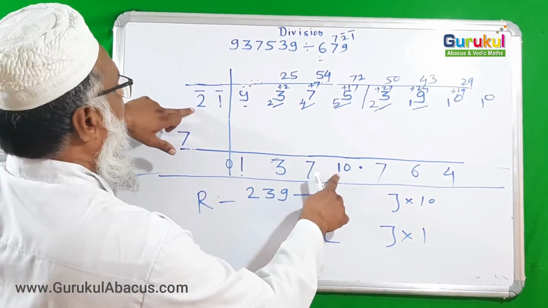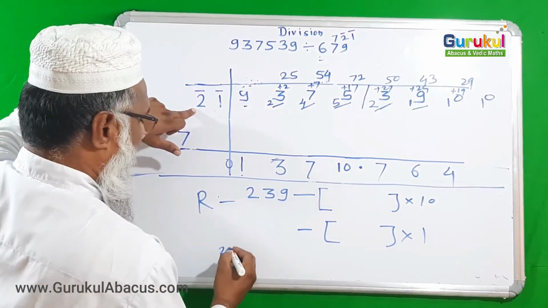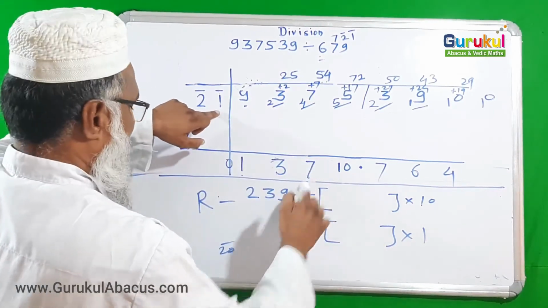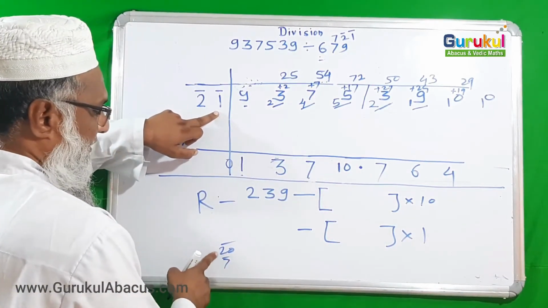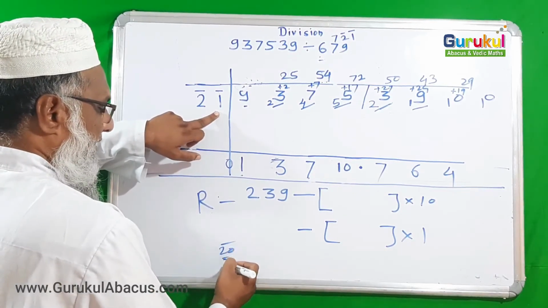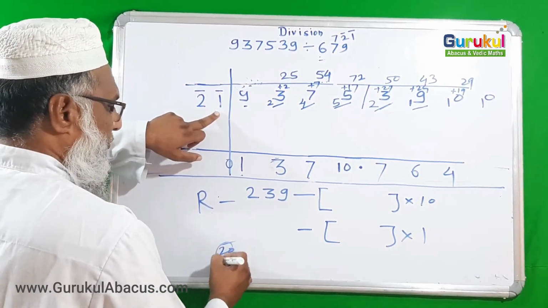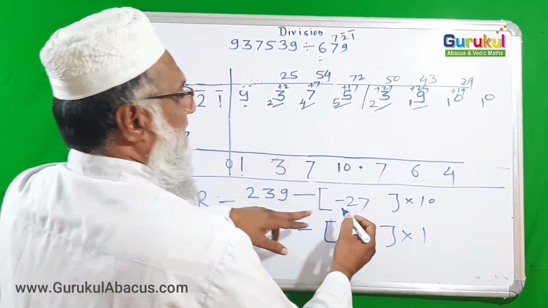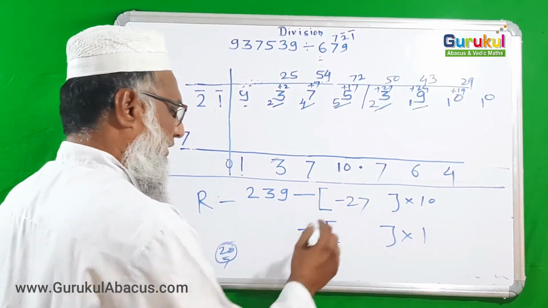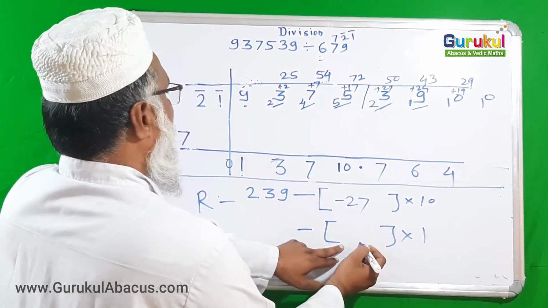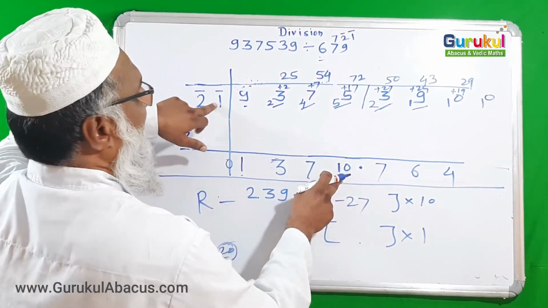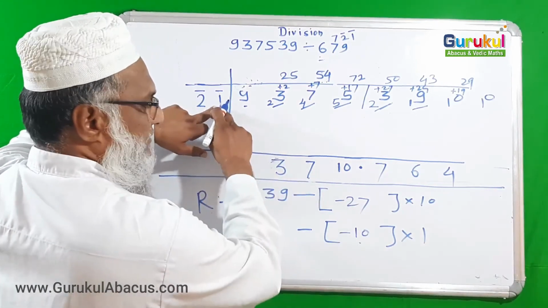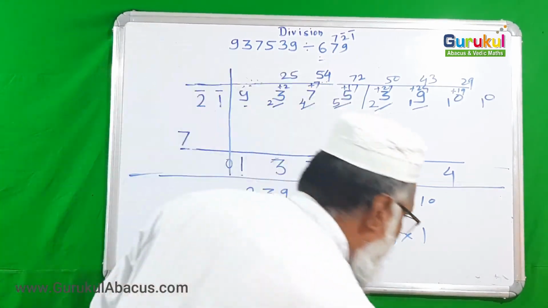Okay, so how it is coming, that we are going to understand. It is now 10 times 2, 20, 10 times 2 crossly I am multiplying, and now 7 times 1 is 7, so it is minus 20 minus 7, so it is together minus 27, and we multiply by 10. Next one also step we are doing here, this one. Now from here the last digit, from here the last digit, so 10 times 1 is 10, it is minus, so minus 10 is there.